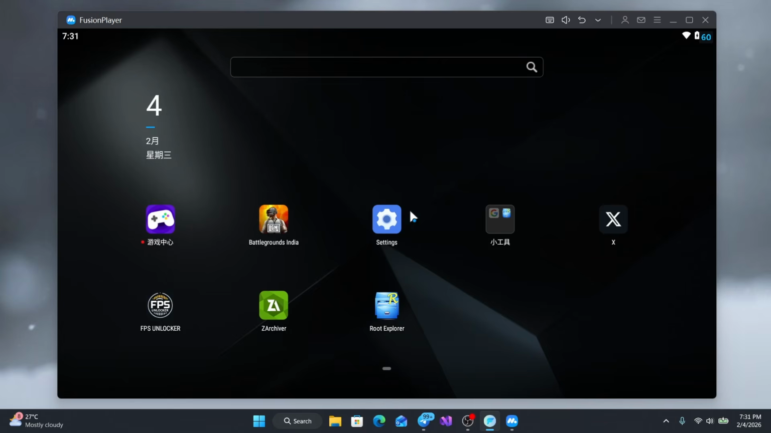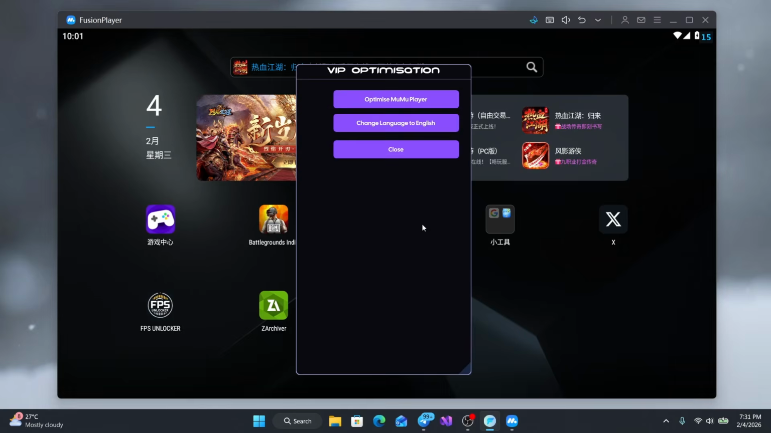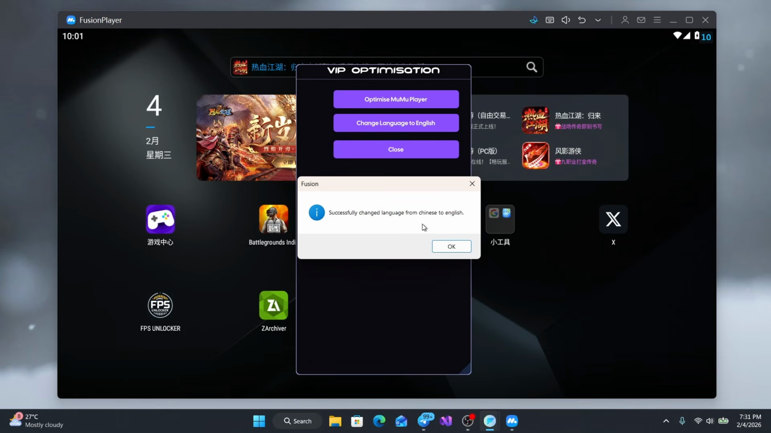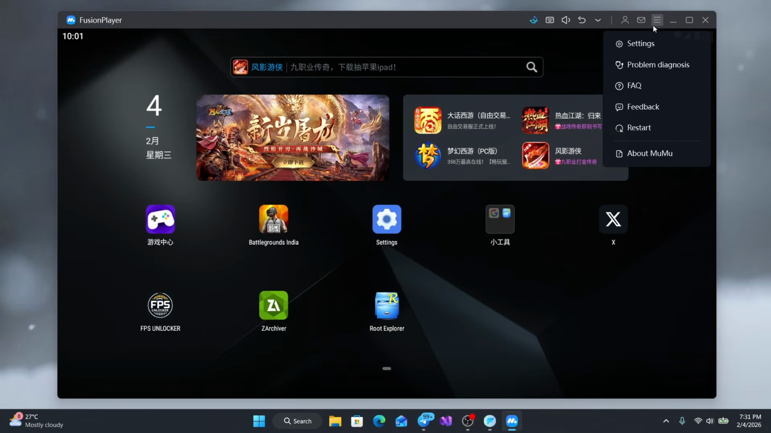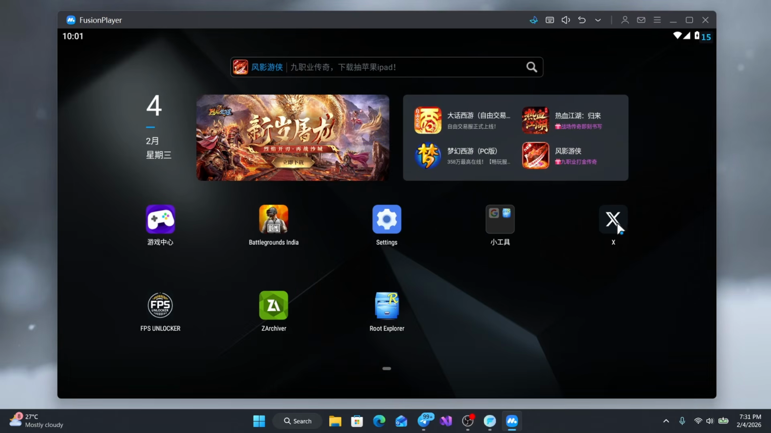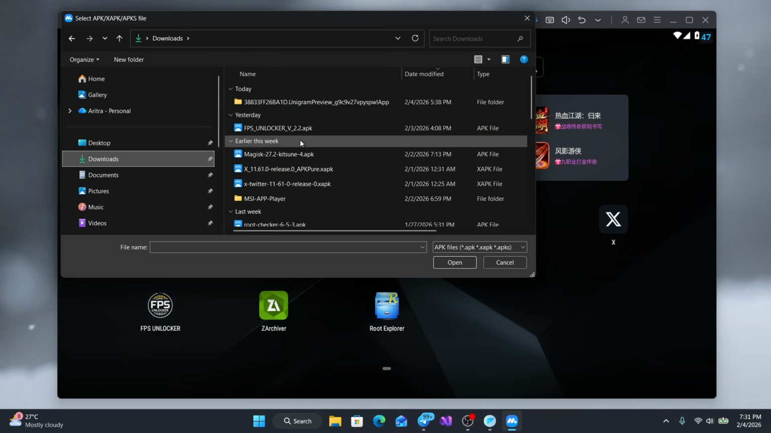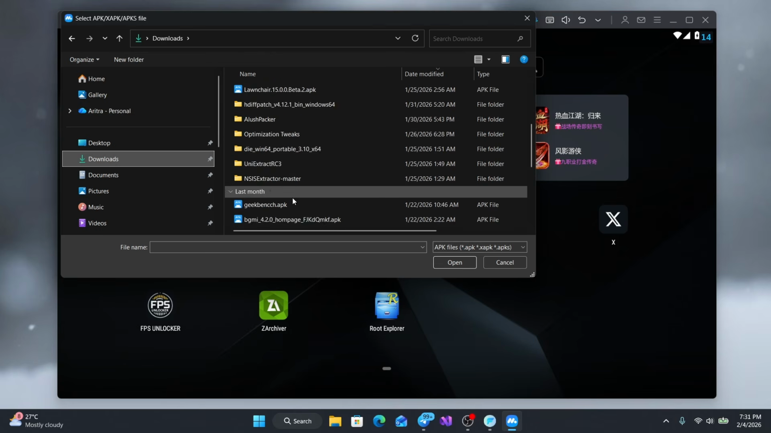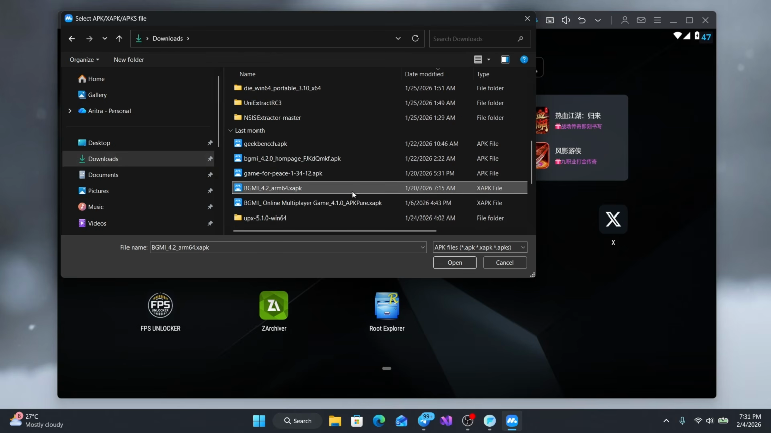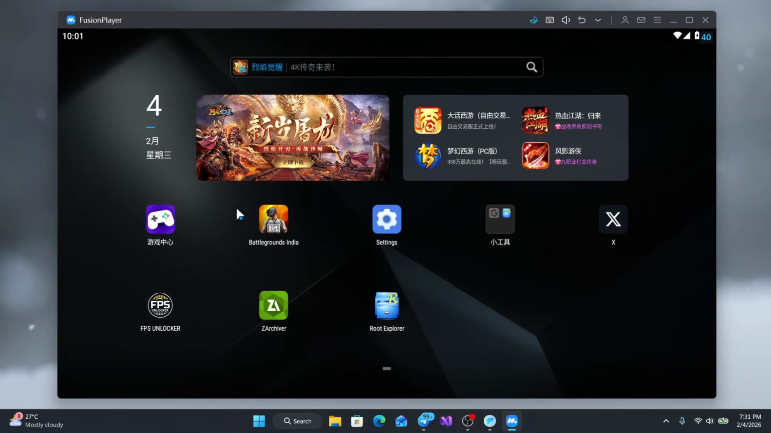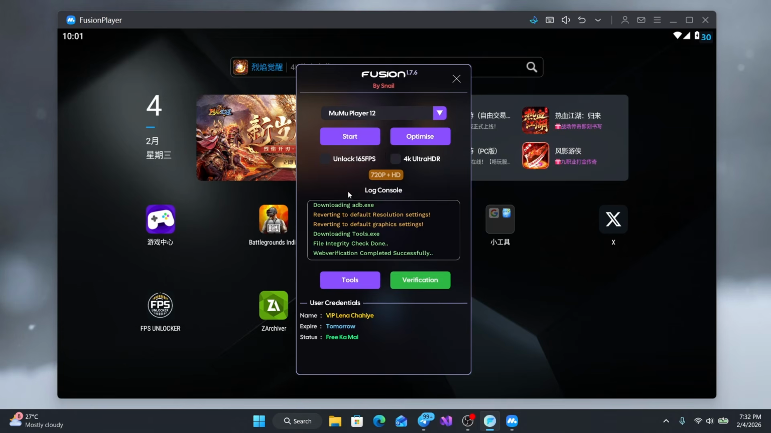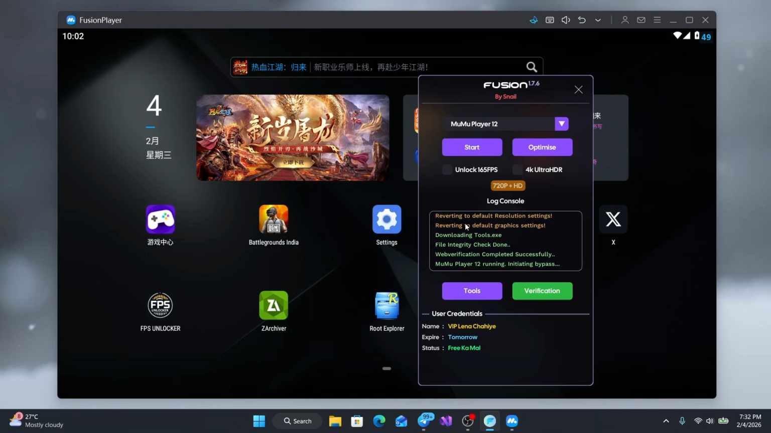As soon as you click it, it will download some files from the internet, so it will take time, only 10 MB files. Then you will see this, okay, and then restart this, it will be changed to English, and that's it. Now you can install the BGMI APK from here, and downloads, wherever I saved it, you can install the APK here, and it will be there, and then you can just come here, click start, and it will